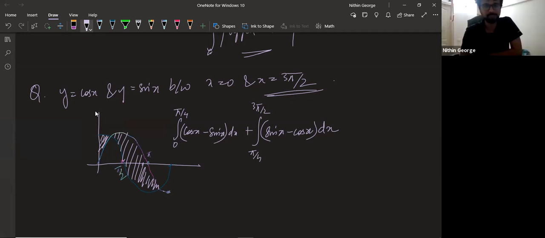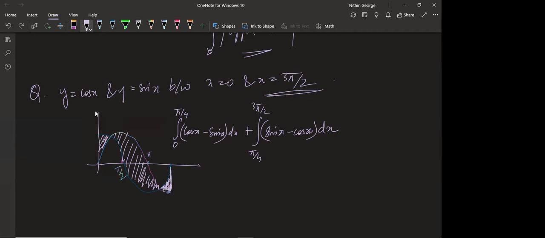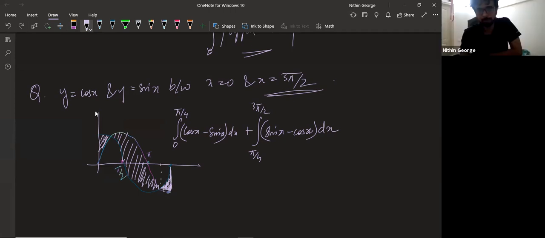This region is what you're talking about, right? Yes, sir. Okay. So basically, this goes to 3 pi by 4, and then from, no, sorry, 5 pi by 4. So from 5 pi by 4 to 3 pi by 2, we are taking again cos x minus sin x